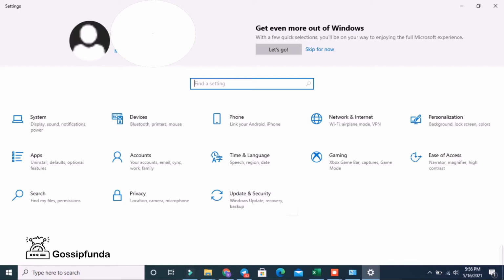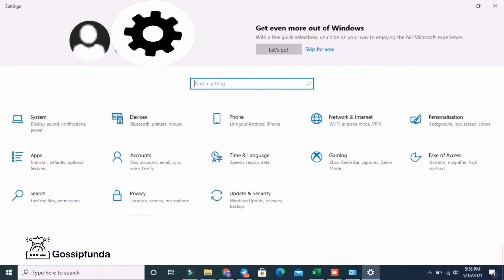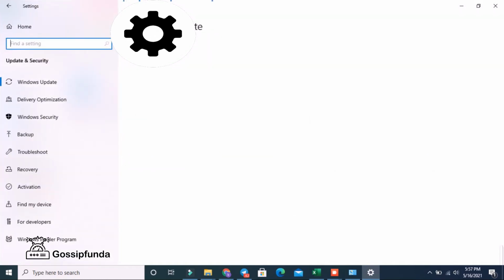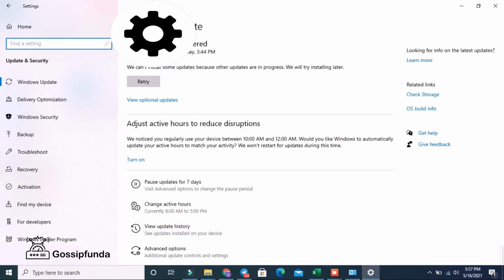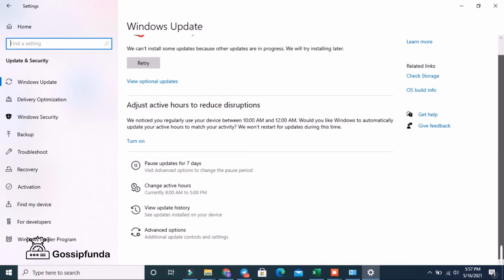Steps are: click on the Windows icon, or alternatively press the Windows button on the keyboard if that makes you more comfortable. Now open the settings app. Therefore click on the cog icon. There will be several options in the settings window. Choose Update and Security. You will see a check for updates option. Select it and take it easy while Windows digs around for updates on your behalf. Proceed to download if any updates are available. After restarting the computer, see if the problem is solved.